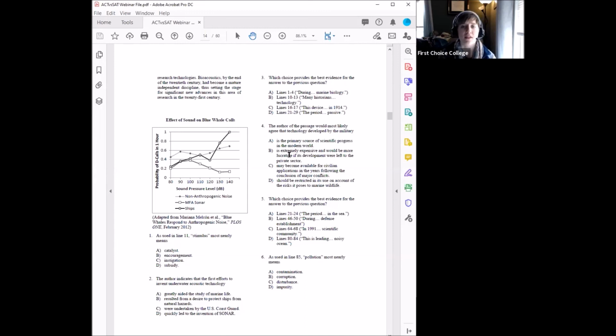Like we'll notice that the lines in question will be sentences that are back to back. So a student has to realize, wait a minute, it's talking about lines 16 to 17, and then the next one's 17 to 18. So between those two lines, which one more clearly backs up the answer to the previous question? So there's a lot more, I think, back and forth decision making.